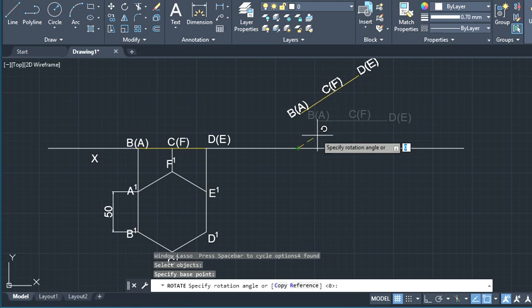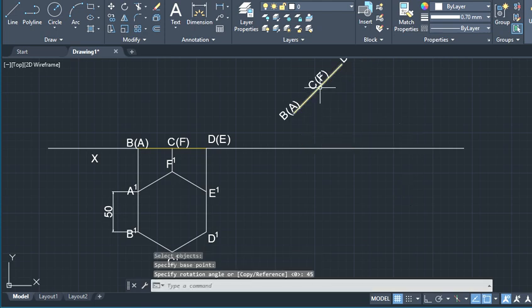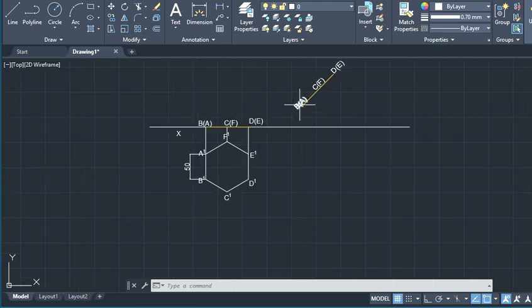So what is the angle of rotation? It is asking you. As I said, 45. I entered 45 here, as you can check somewhere here or here. So now this is at an angle of 45. Even after this it is acceptable, though if you want it to be on this line,